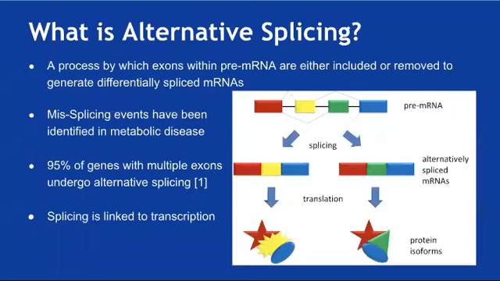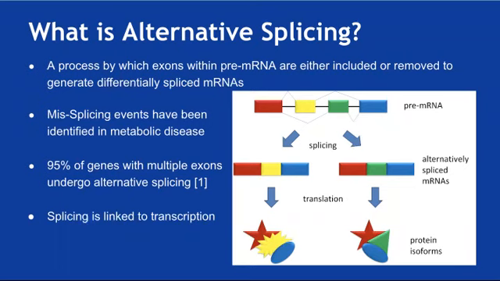So currently, a lot of studies are showing that alternative splicing is a major process in regulating how genes are expressed, and specifically the genes that are involved in metabolic disease pathways. They have shown that the genes involved in these disease pathways are heavily alternatively spliced. And so that's where I want to go into what alternative splicing is and why we are focusing on it to learn more about the disease mechanisms.